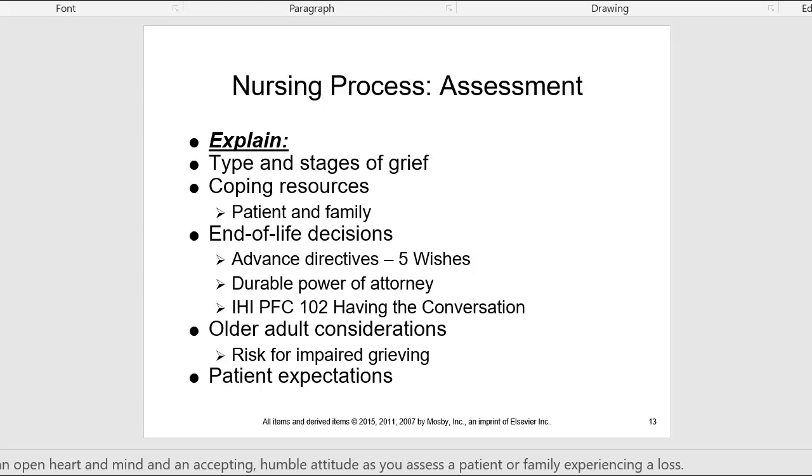It is important to determine how people are grieving, what stages they're in, what type of grief or loss they're experiencing, and that can help you figure out where to go with that person. Your assessment becomes more specific as you begin to observe their behaviors, listen to conversations, and identify where they are in the stages of grief and loss.